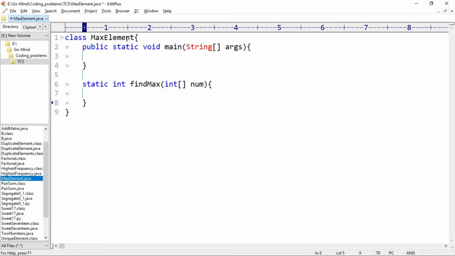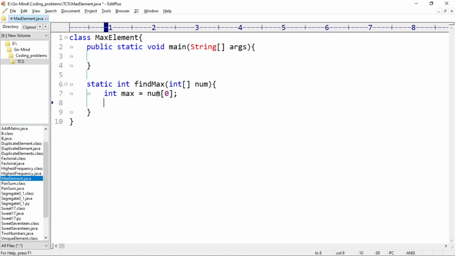Let's see this in code. Here I have the class MaxElement and we have a method, static int findMax. This method returns the maximum element, which is of int type, and the parameter is an array of integers. Okay, now we'll make a maximum value. So int max is equal to num[0]. We'll take the first element as maximum and now iterate over the array: for int i equal to 0, i less than num.length,